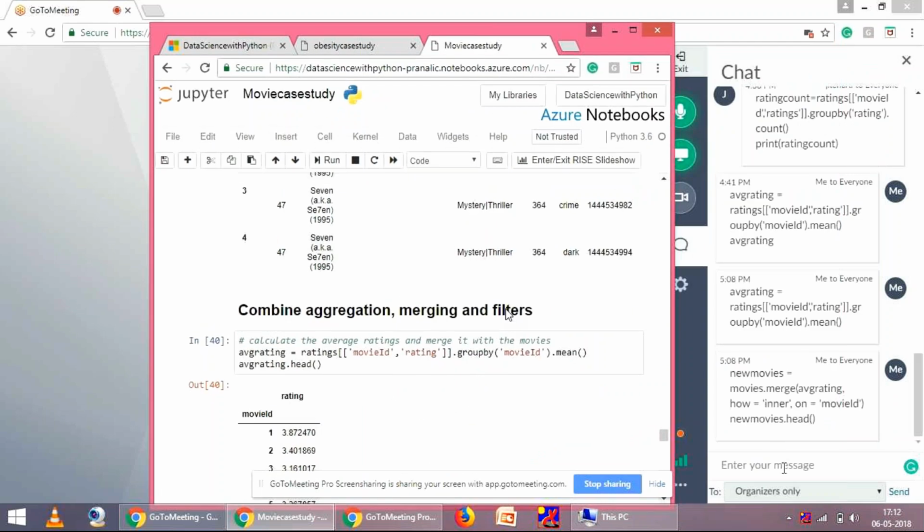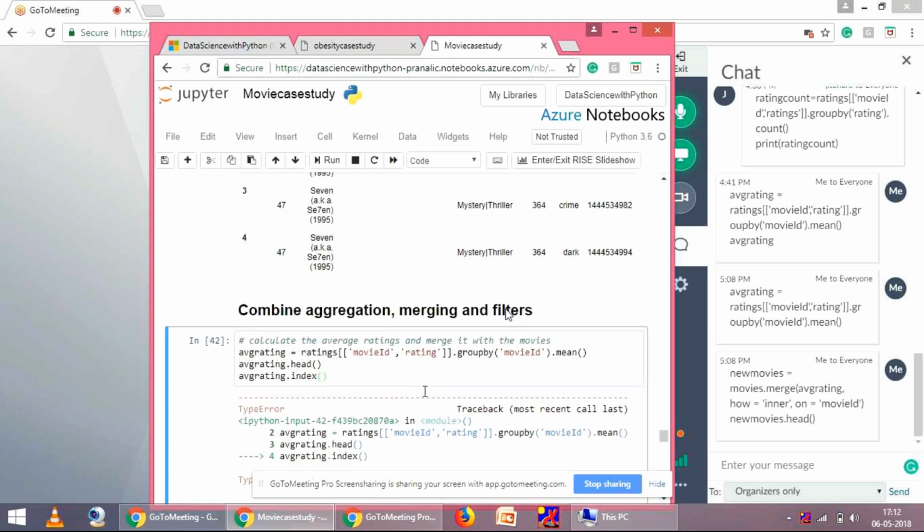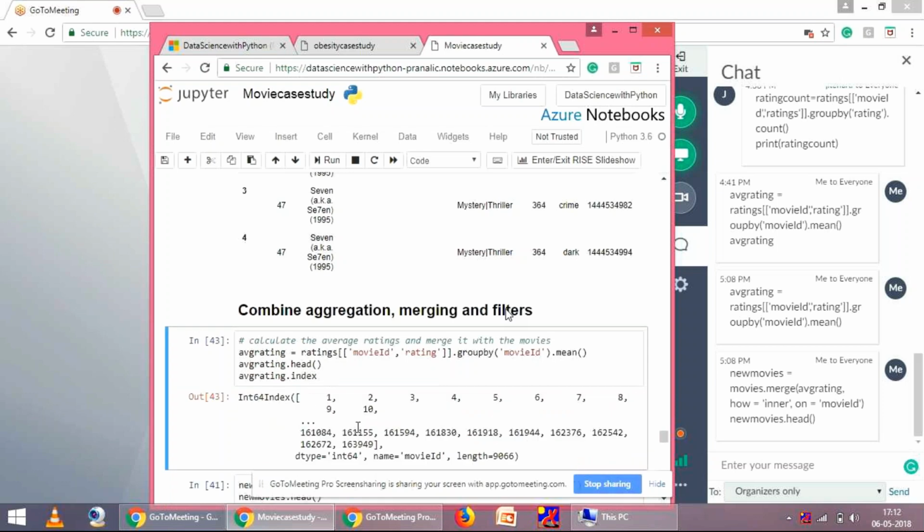हाँ प्रणाली, आपका रेटिंग्स में मूवी आईडी इंडेक्स तो नहीं बन गया ना? ये कैसे समझ में आएगा? इंडेक्स प्रिंट करके देखेंगे। मतलब रो नेम्स में तो नहीं चला गया वो, देखो। वेट, मैं आपको स्क्रीन दिखाता हूँ। दिखाओ एक बार, आपका कहाँ है। हाँ, इसको करो। एवरेज रेटिंग, हाँ इंडेक्स प्रिंट करो। नहीं ब्रो, वो फंक्शन कॉल नहीं है। हाँ वही हुआ। मूवी आईडी हो गया, देखो ना, नेम मूवी आईडी है, वही है।